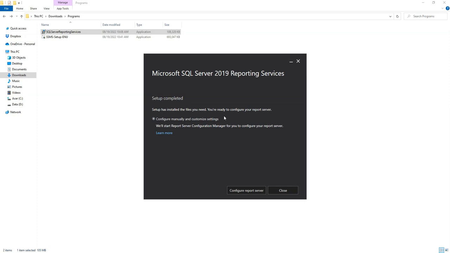So it is installed, and now it is saying that setup is completed. Setup has installed the files you need. You are ready to configure your report server. So now we need to configure the report server so that we can deploy our reports. So click configure report server, click yes,